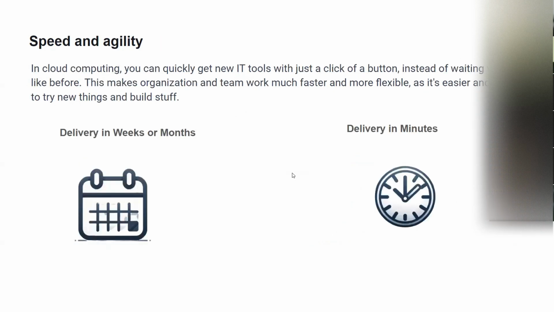So the next one is speed and agility. Let's take a minute to look at the procurement process. If you want to procure a laptop, you want to buy a server. A server is not the same thing. You can get a server if you need it, but